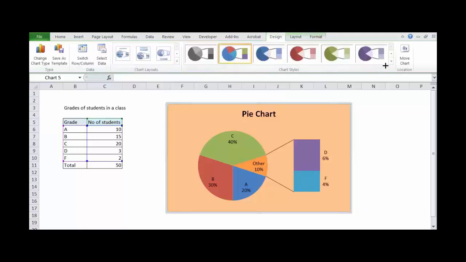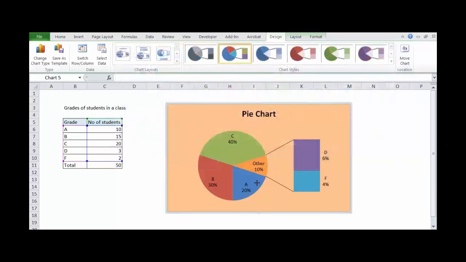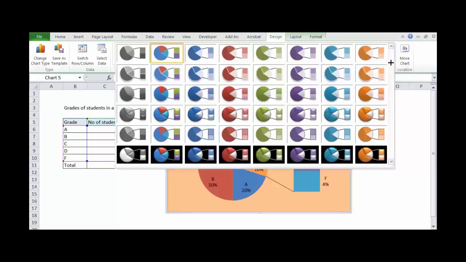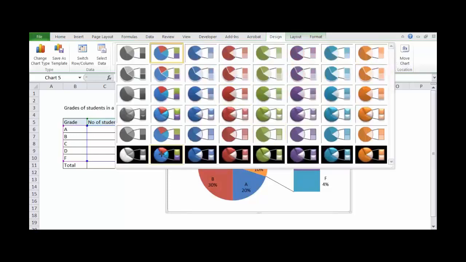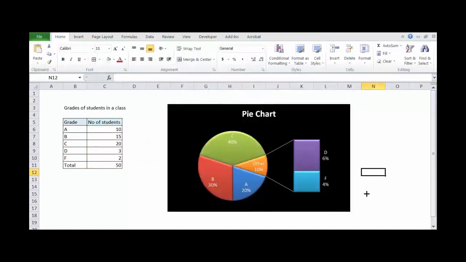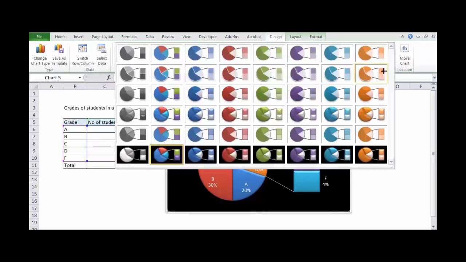But the design, we can also make it differently colored. Note that these are the default colors that have been given by Microsoft. So you can make it different colors also. You can make it this color, you can make it green, whichever color you want. I feel it was one of the best ways it was represented, so I can use it. Or if you want it in solids, it can also be represented in solids.